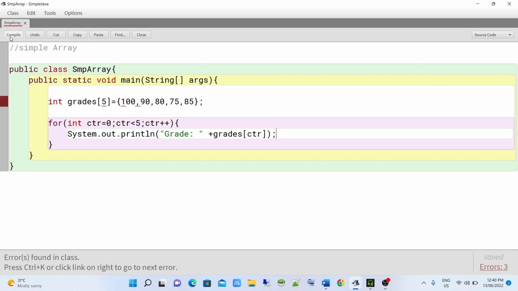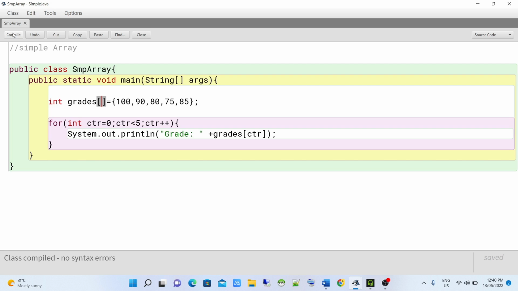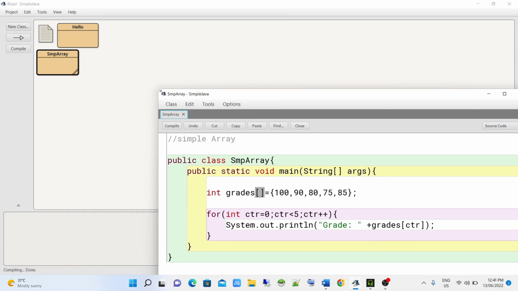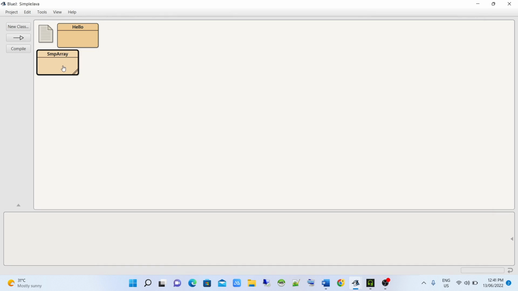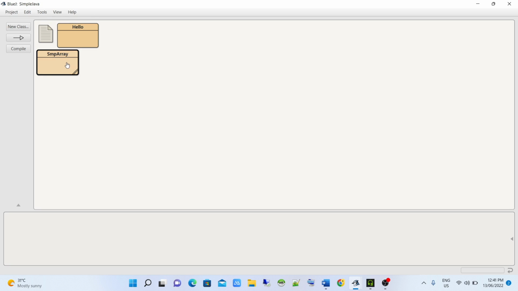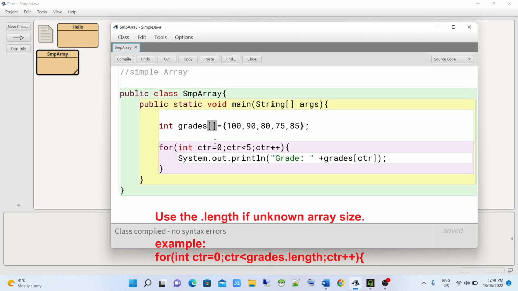Compile. That is the output of our simple program. So if you want to modify